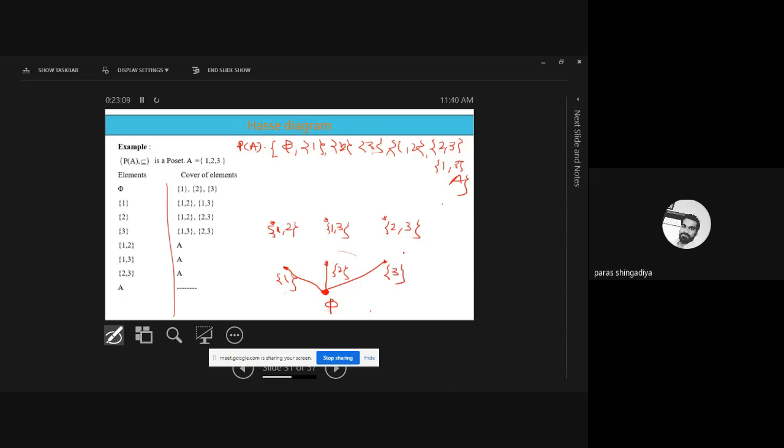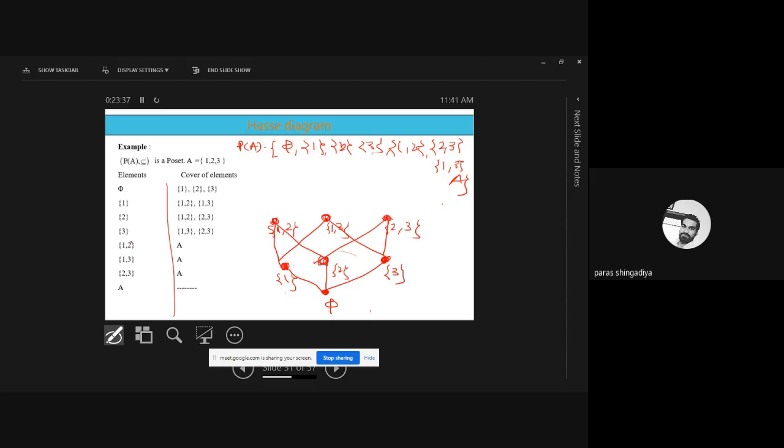Okay. These are the dot 3. It is a dot of 2. And that is dot of 1. Okay. And it is for 1, 2, 1, 3 and 2, 3. Now connect it by the line segment. It is for 1, 2. Sorry. 1 with 1, 2 and 1, 3. Clear? Then after 2 with 1, 2 and 2, 3. And 3 with 1, 3 and 2, 3. Clear? So that is second stage.